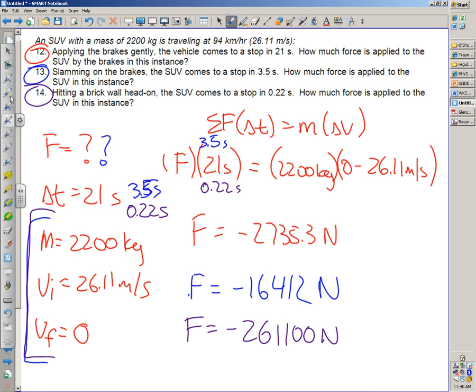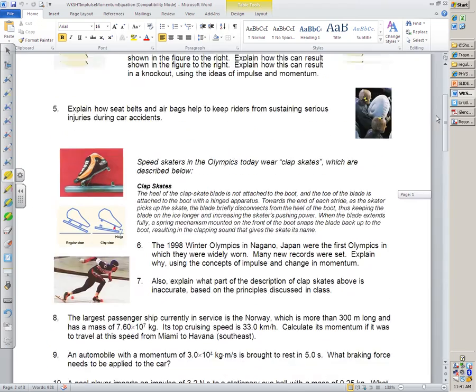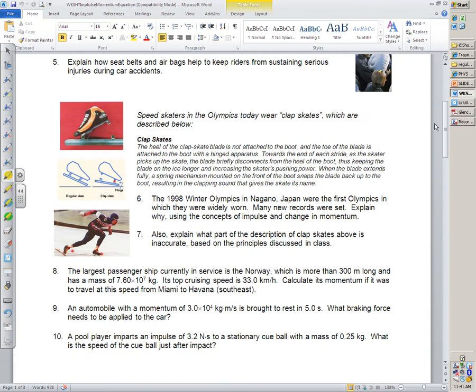But something that I don't want you guys to fall into the trap of. Force and time are not always inversely related. Okay? That only happens if the change in momentum is the same no matter what. Like a lot of times in the case of stopping, that's the case. But if you flip it over to the front side of that problem set,